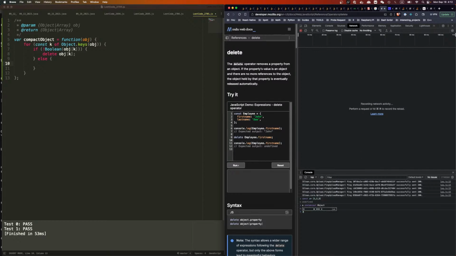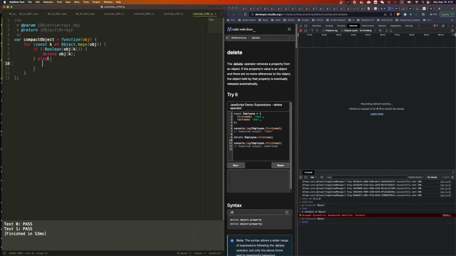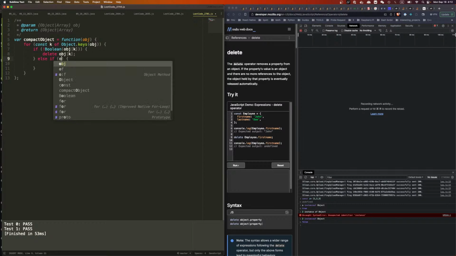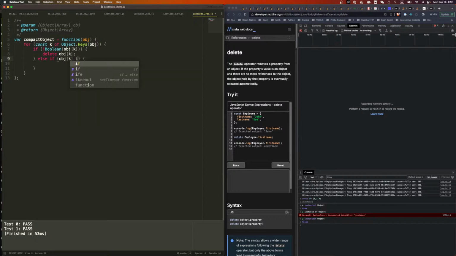That's true. 2 instanceof Object, that's false. So I say else if obj[k] instanceof Object, so it's an instance of object, then